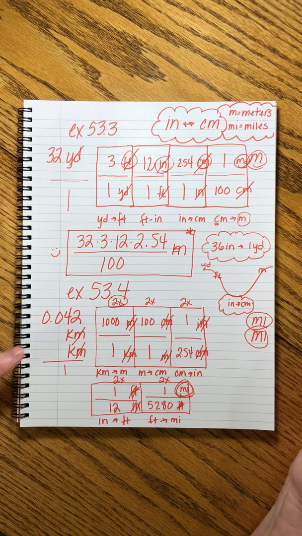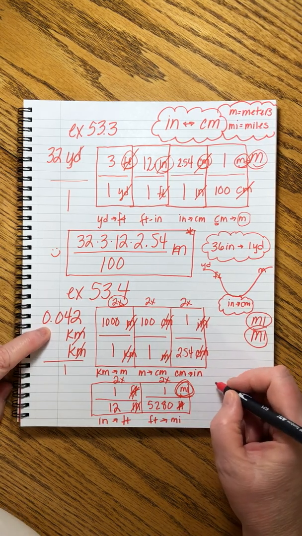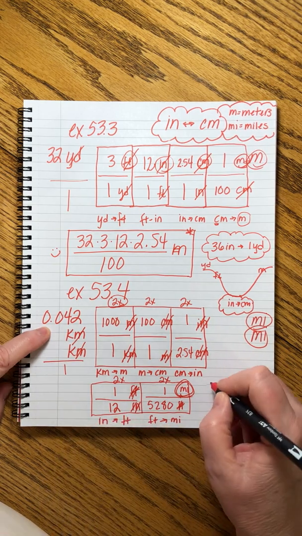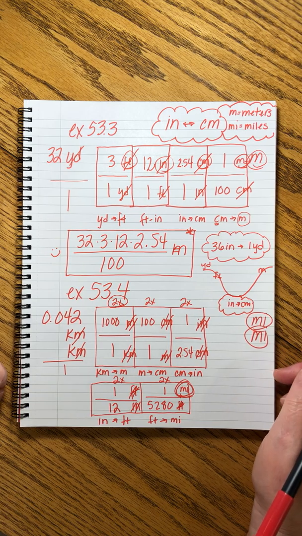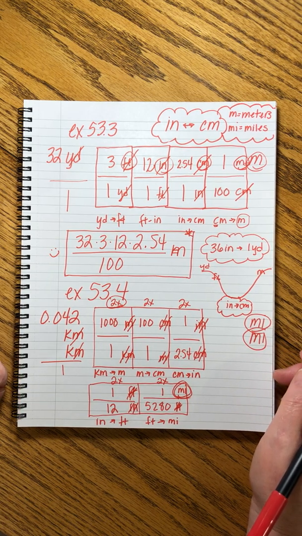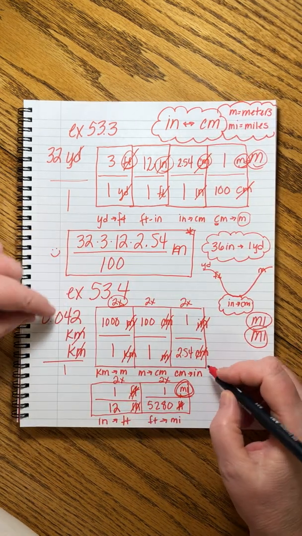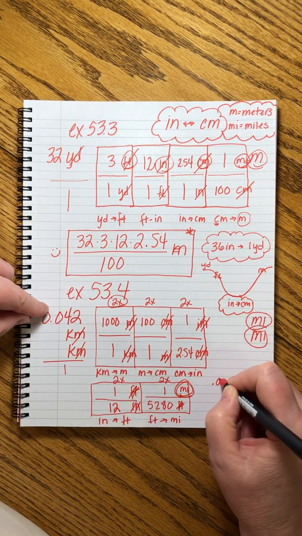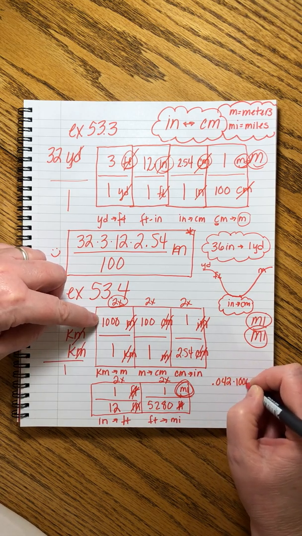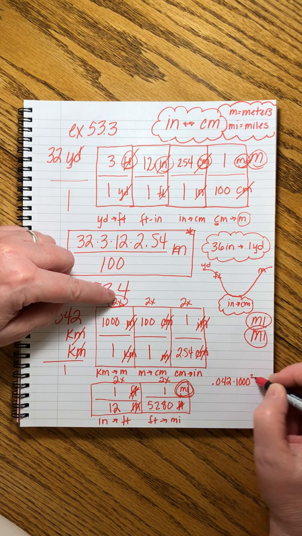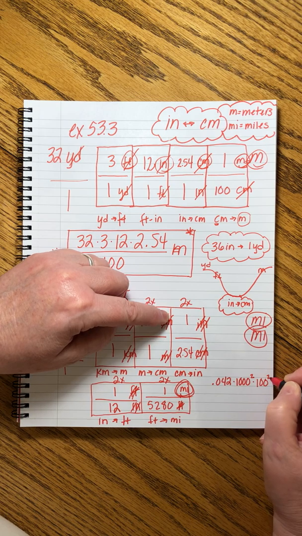Okay, so for my final answer, I'm going to squish it down here. It's going to be kind of messy. I should have flipped the page. I'm filled with regret and remorse. Oh well. 0.042 times 1,000 squared, because I need to do it twice, times 100 squared